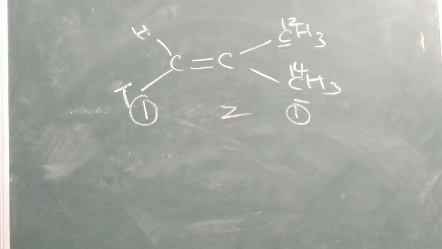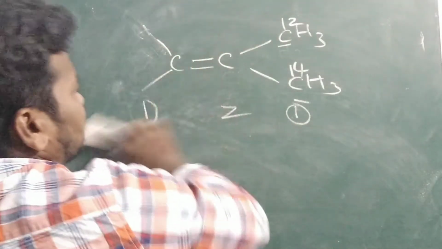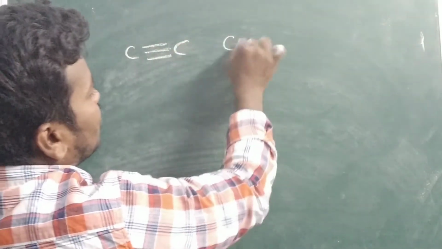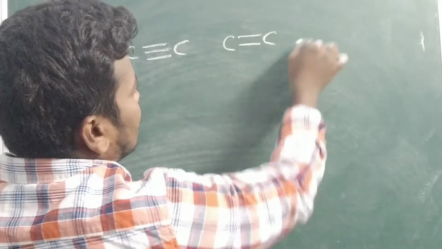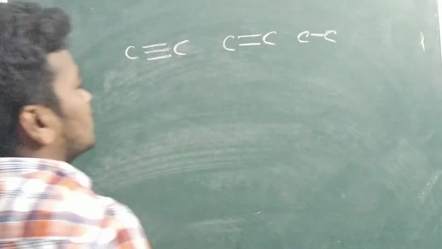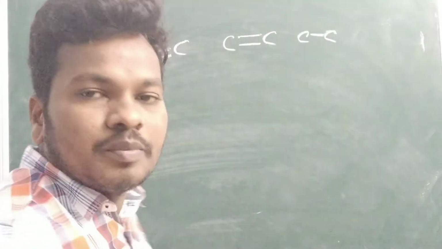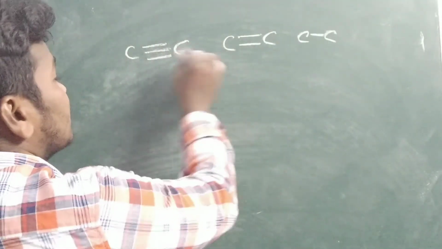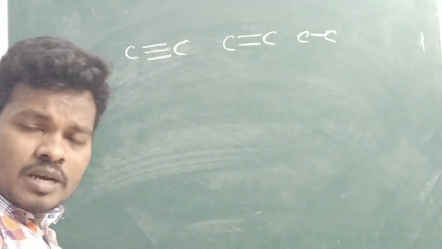Opposite side. Okay. So next one you can see. Of course, E isomers also we will discuss. First we will finish the Z isomers. For example, carbon to carbon triple bond is there. Carbon to carbon double bond is there. Carbon to carbon single bond is there. Some examples will be there. That time priority goes to the next when similar types of atoms are presented.